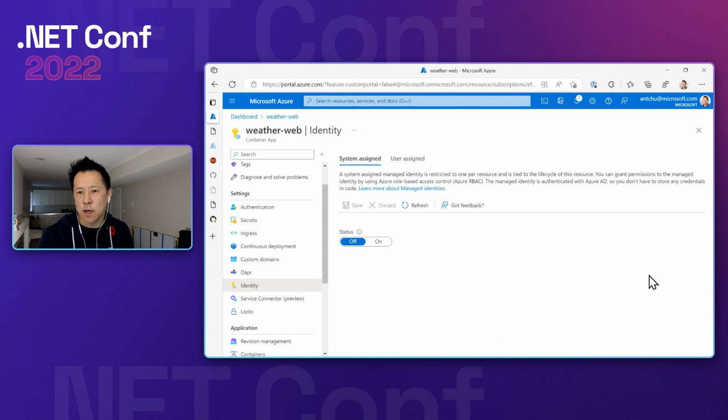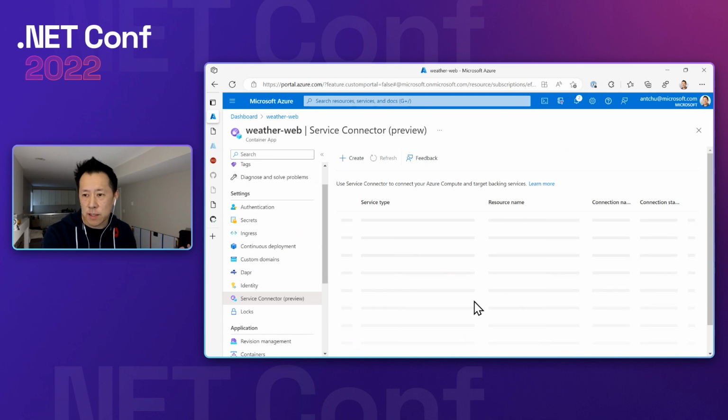And then I can also turn on managed identity in my application. And I can use this managed identity in my code to talk to things like SQL database or Cosmos DB, as well as things like storage, or really any Azure service these days. And you can talk to it without storing any secrets in your application, so you don't have to store the connection string. You can use this identity to call those services instead. And you can also use this identity to do image pulls from Azure Container Registry.